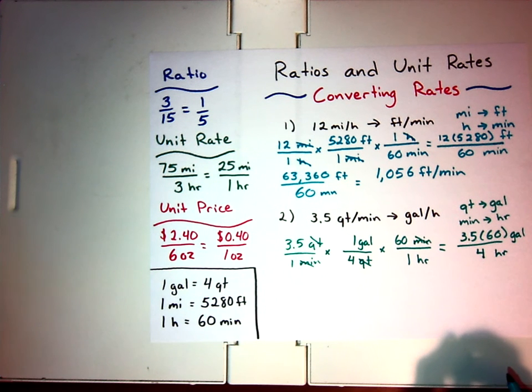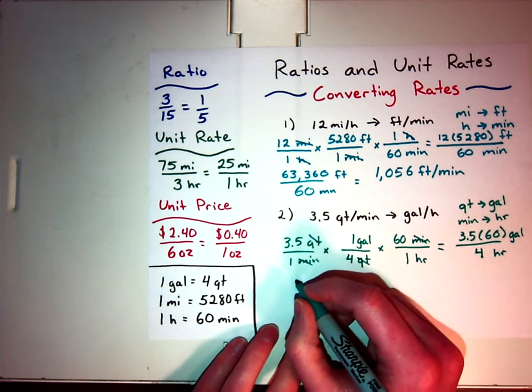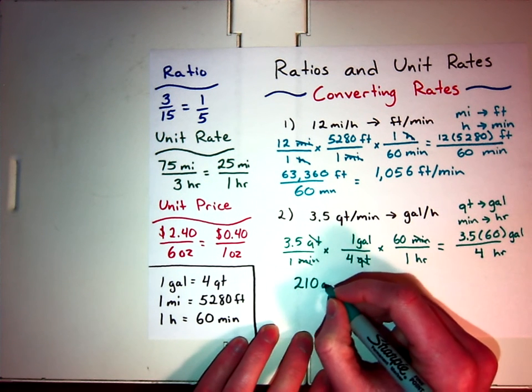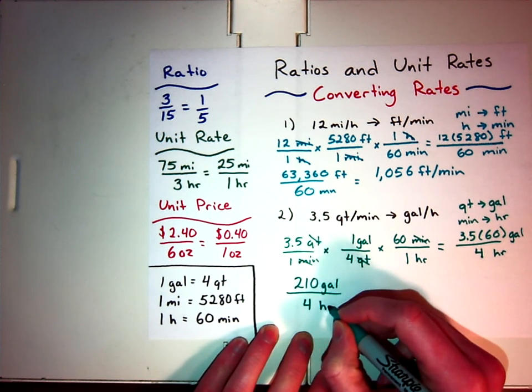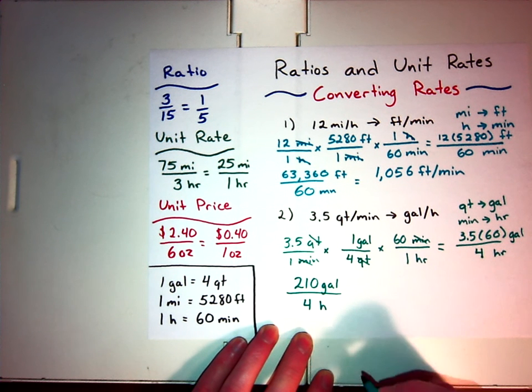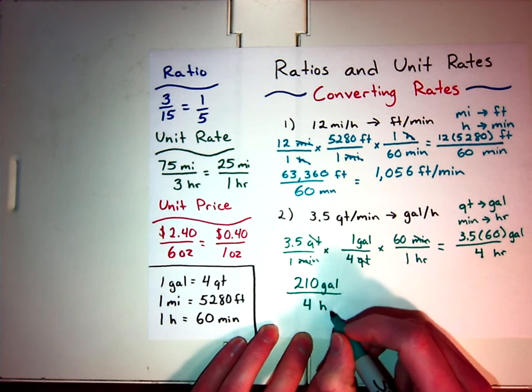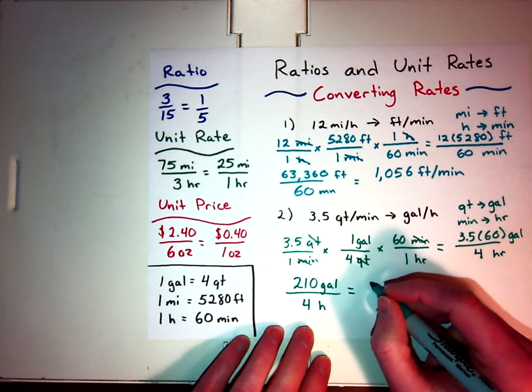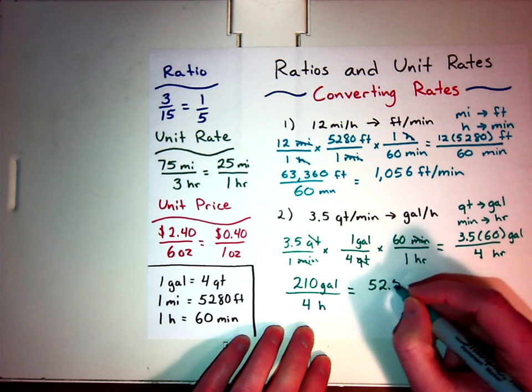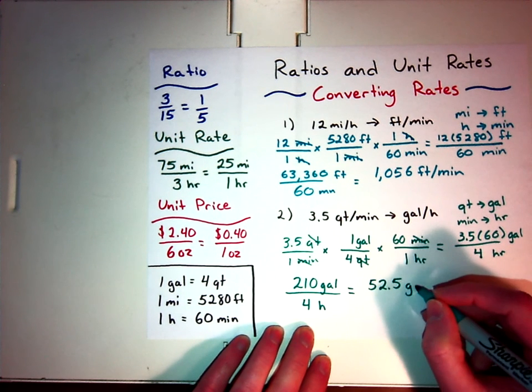Well, I'm going to plug that into my calculator. 3.5 times 60 is 210 gallons in 4 hours. Alright, and then we're going to divide to get 52.5 gallons